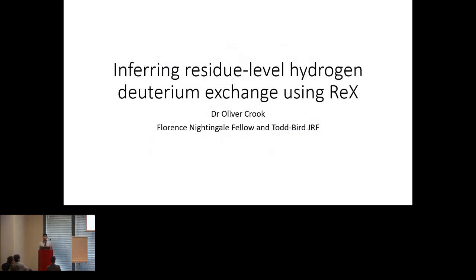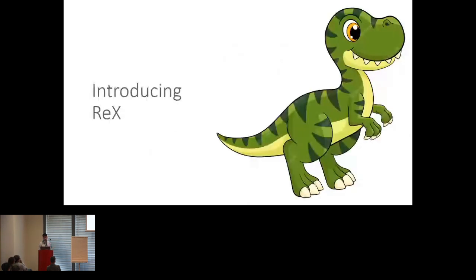How much smoothness do we expect for a particular protein? What about uncertainty? And how do we quantify any differences between 2 protein states at the residue level? So Rex is hopefully going to help us solve this problem. And what is this? So it's a Bayesian change point model. That probably doesn't mean much to anyone right at this moment, but the idea is that for each residue, we're